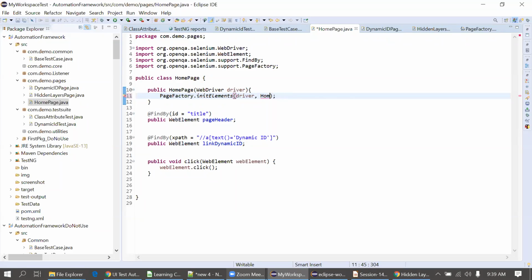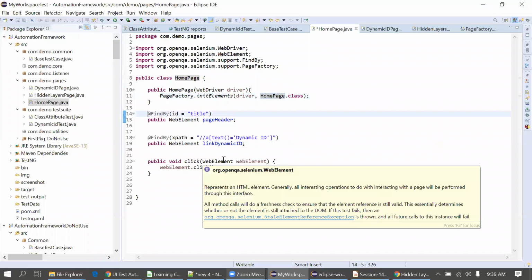HomePage.class. In this case also, it will just look for all the elements present in this class, and it will initialize them simply. We don't have to worry about the internal structure of this initElements. Okay, Shubham, got your point. But suppose today you are showing me this, and tomorrow when you write the same code, driver comma this, and ask me what is this, I will definitely tell you this refers to the current class instance variable.